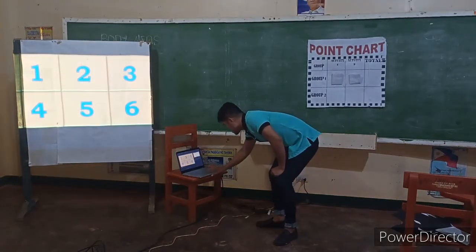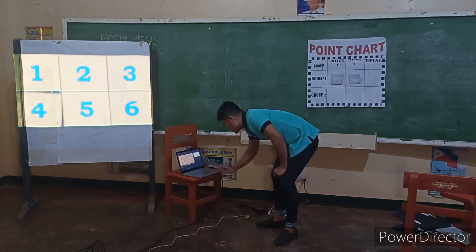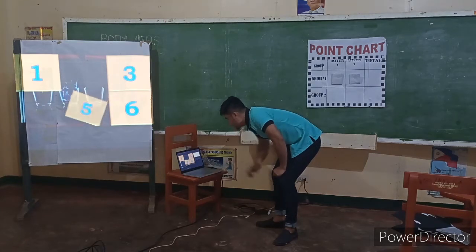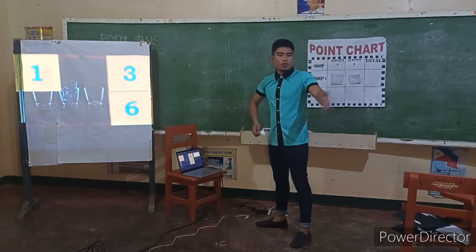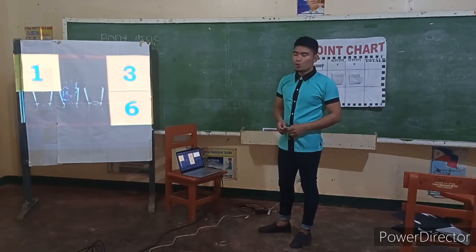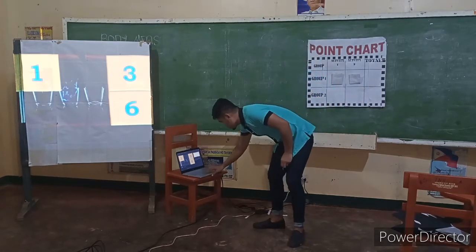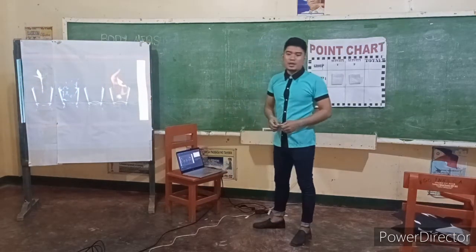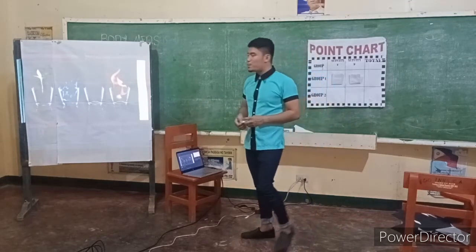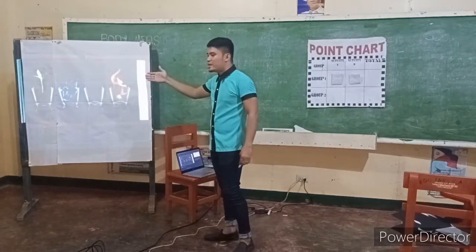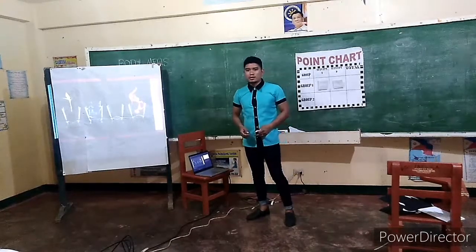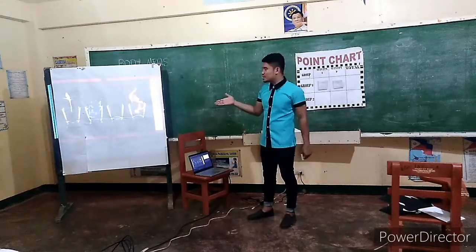Let's do the last one. Okay, so I will remove number 4. Anyone? Okay, who can guess? Let's remove number 5. Okay, yes, group 1. Very good. Group 1 got the correct answer. The picture behind the box is the elements. So the elements are composed of nature, no, we have a plant. Okay, so based on the picture that you have guessed,